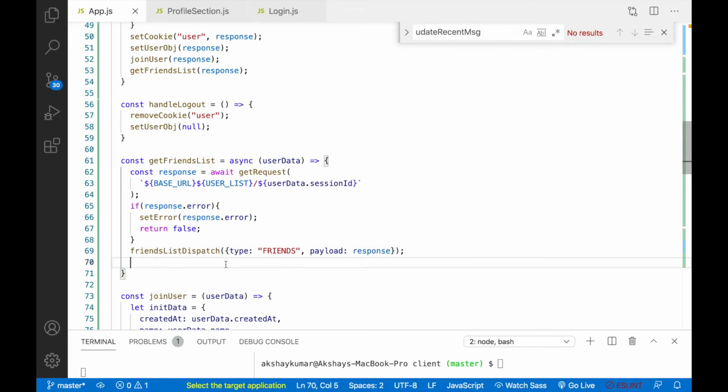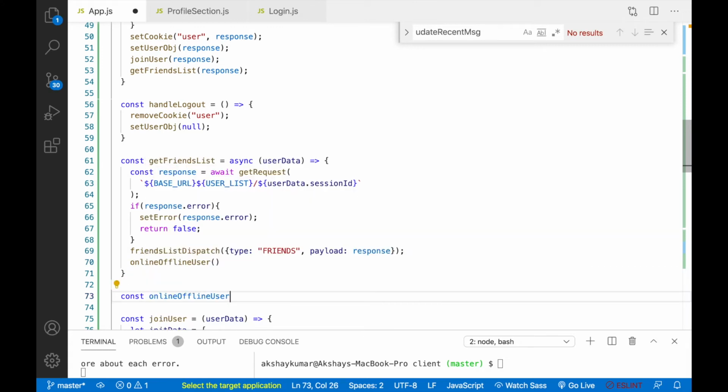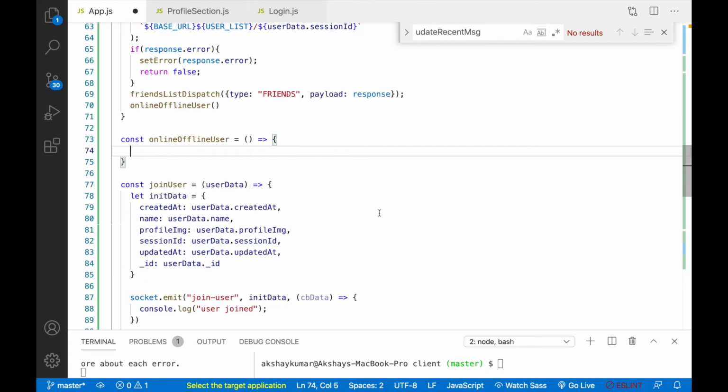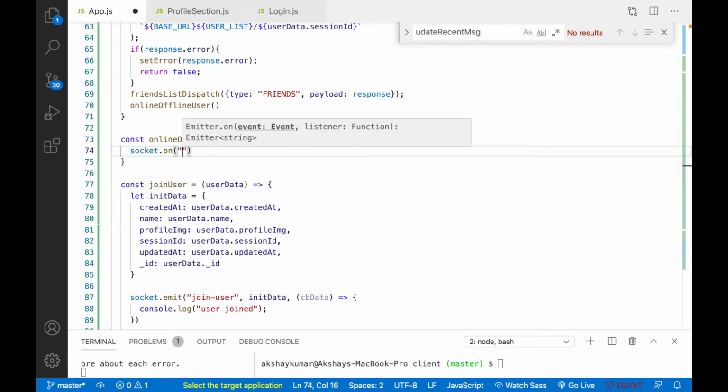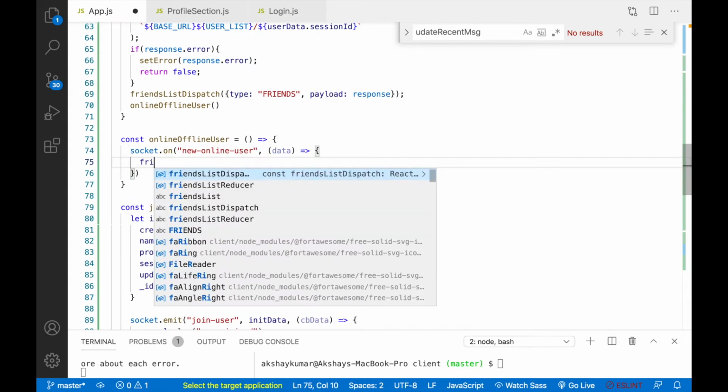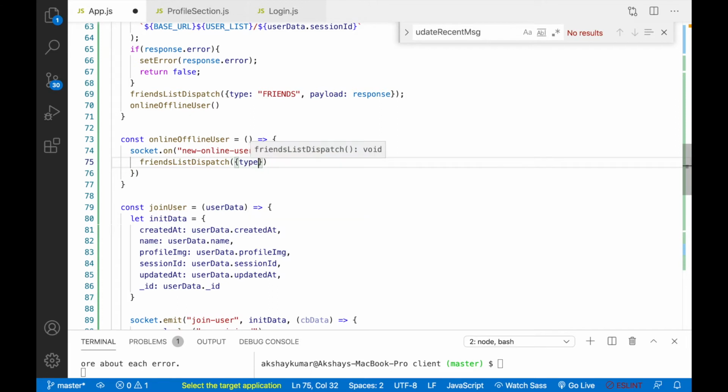So whenever any user comes online and offline, that thing also we have to get from socket events. Okay, so for that purpose we can write one function and we can call that function here. So for online and offline users, we can write the method onlineOfflineUser, and here we can write socket.on. We can pass the event newOnlineUser, so it will give you data. And here we'll write friendListDispatch, we'll write type, that will be newFriend.